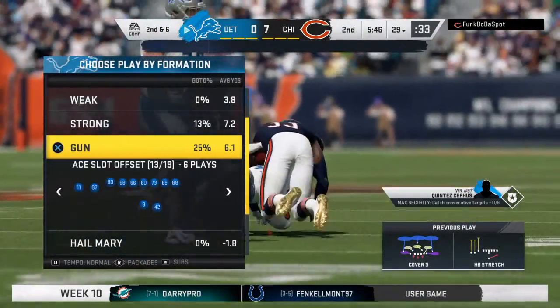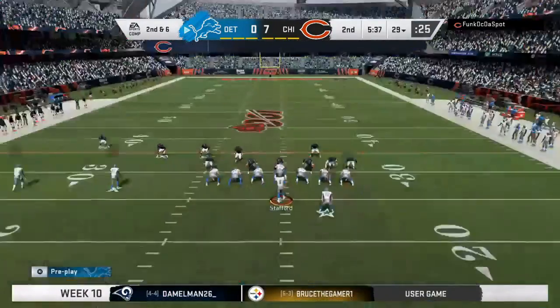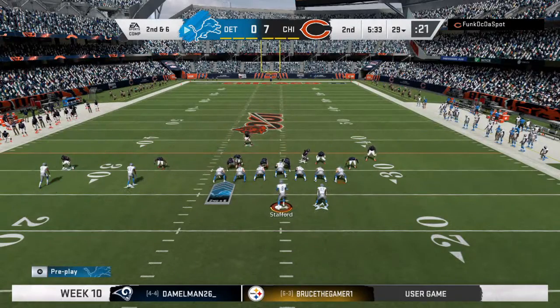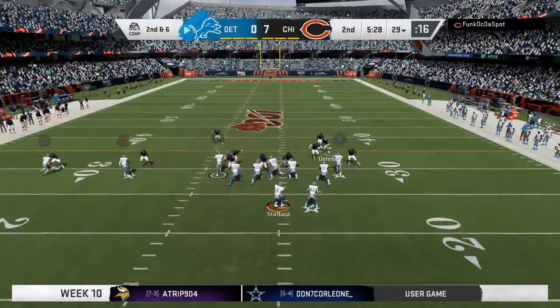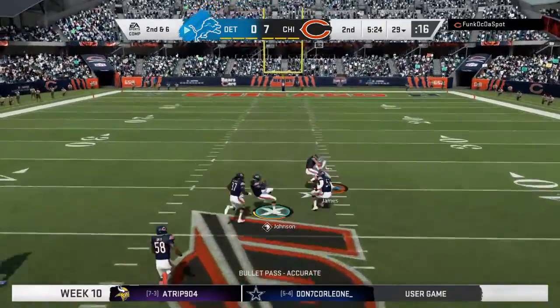And give him 4 yards there. It'll be 2nd and 6. The run got 4. Now they deal with a 2nd and 6. Big 20. Now it's Stafford. He's going to fire one deep, middle of the field,